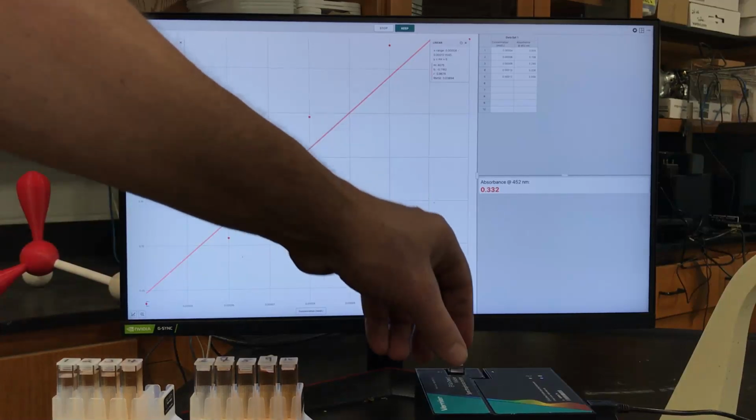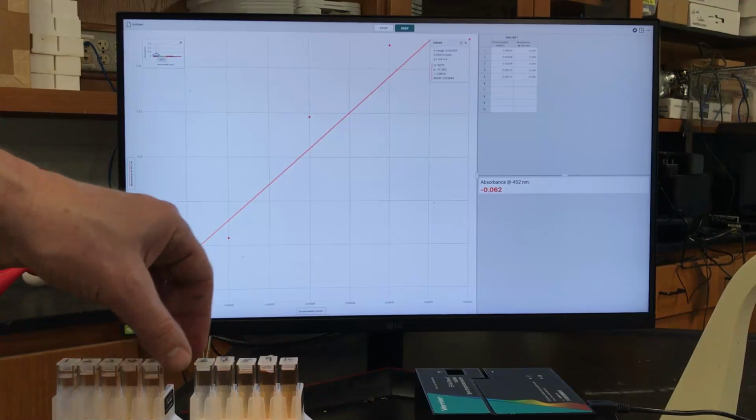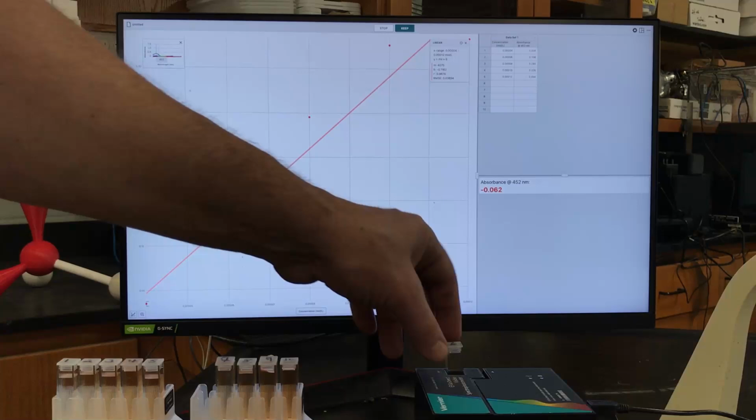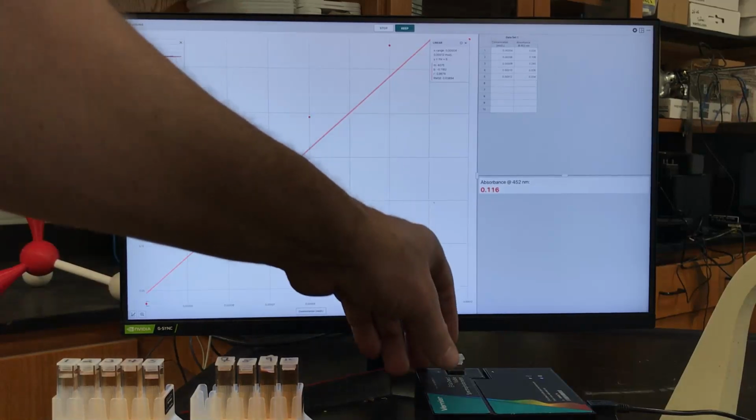Let's do that right now, and we're going to write these down into our lab, and when I bring the lab up, I'll have these values. So this is going to be test solution 6, and that's 0.116. That's the absorbance, which by the way is a negative log of the transmittance, okay? And then the next one here,